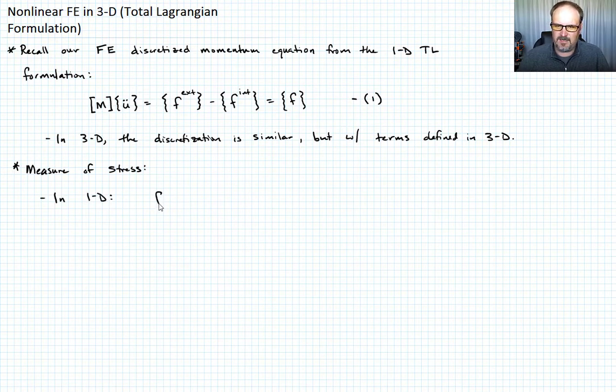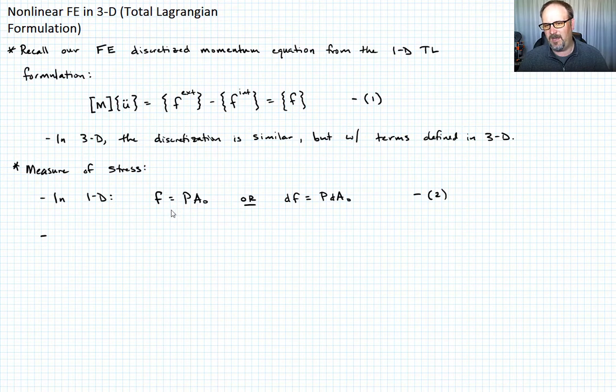So we basically said that F is equal to P times A naught, or if we wanted to write it in differential form, we could say that dF is equal to P dA naught. Call that equation 2. And what does it look like in 3D? Well, the nominal stress, as we've defined it in 1D, becomes the same, the nominal stress, or depending on your definition, the first Piola-Kirchhoff stress in 3D. We're going to go ahead and use the nominal stress P